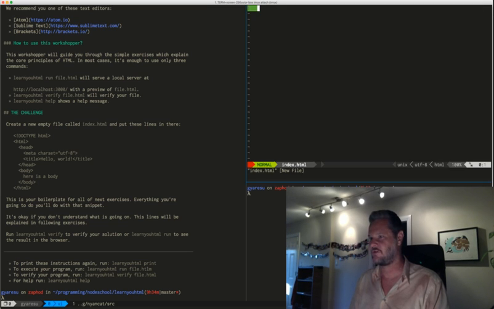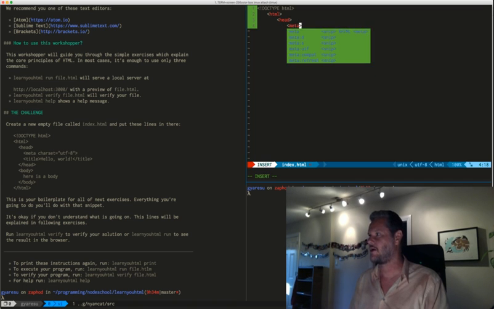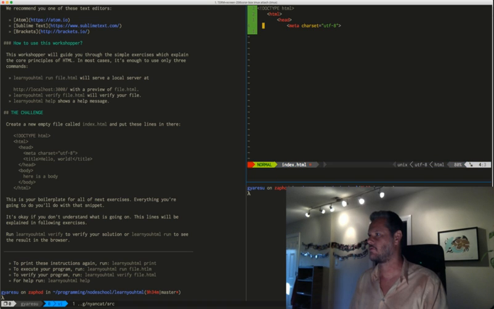So create a new empty file, put these lines in there. Okay. Doctype HTML, and I might not have linting set up for this, for actual basic HTML. We'll find out. Meta charset equals UTF-8 because it's not the olden days, and just see if I'm tabbing that correctly. Okay, title,